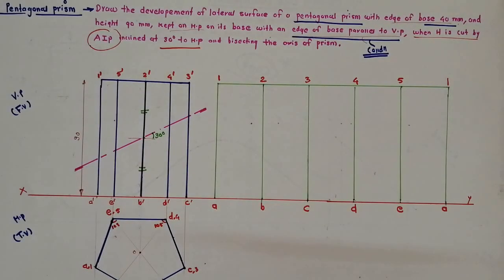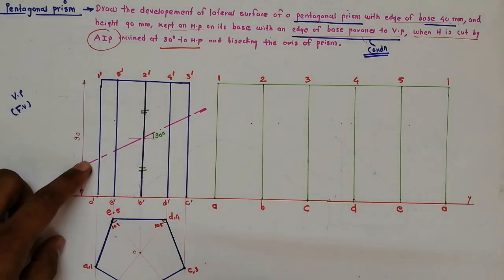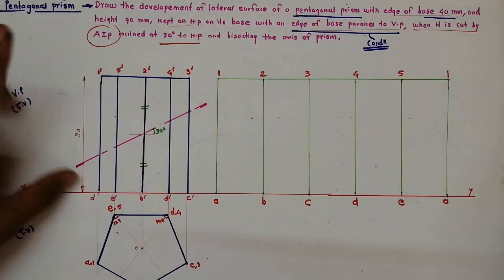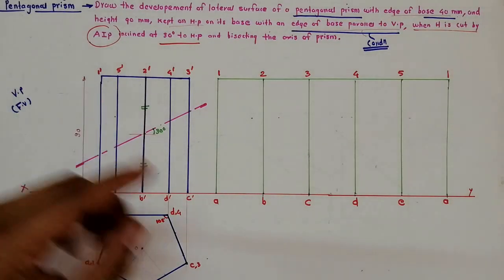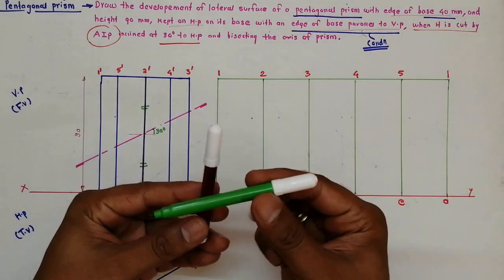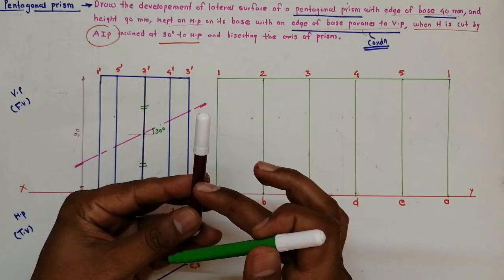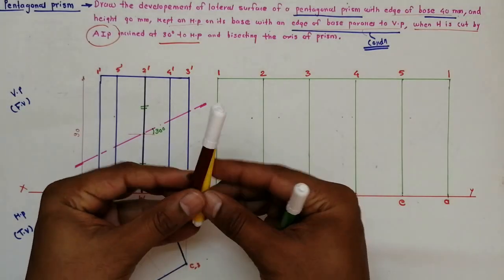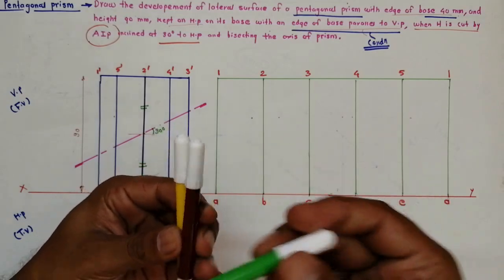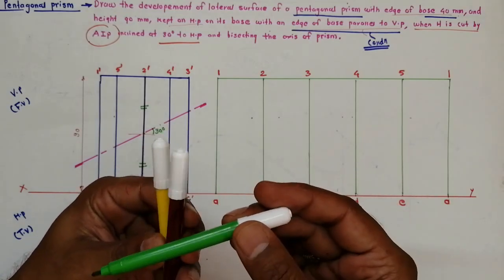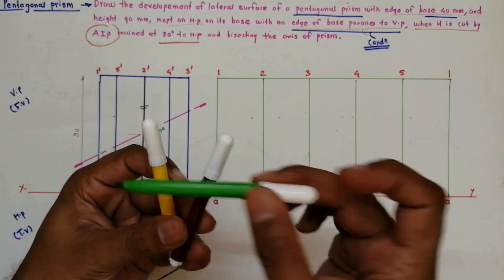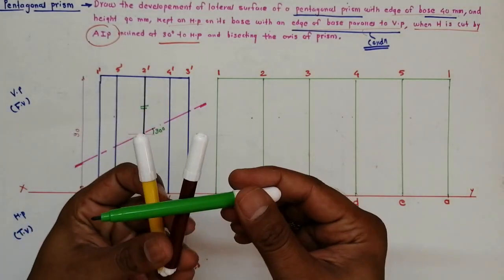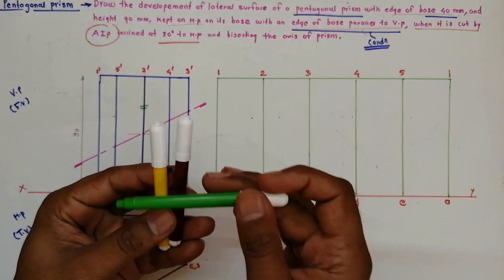Now the next step is to mark the intersecting points. How do we mark the intersecting points? This is very important. As I have already told you, if one edge is cut, a single edge and this is our cutting plane, we get only one point of intersection. If you have two edges, one over the other, and the cutting plane intersects them, we get one intersection for this and another for this. So this is very simple: one edge, one intersection; two edges, two intersections.